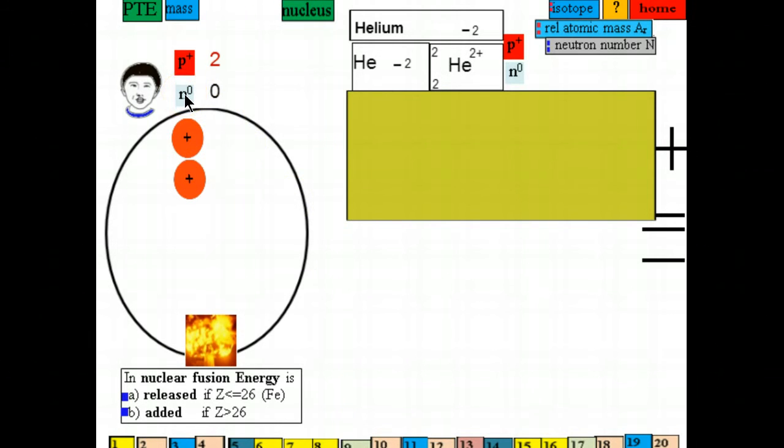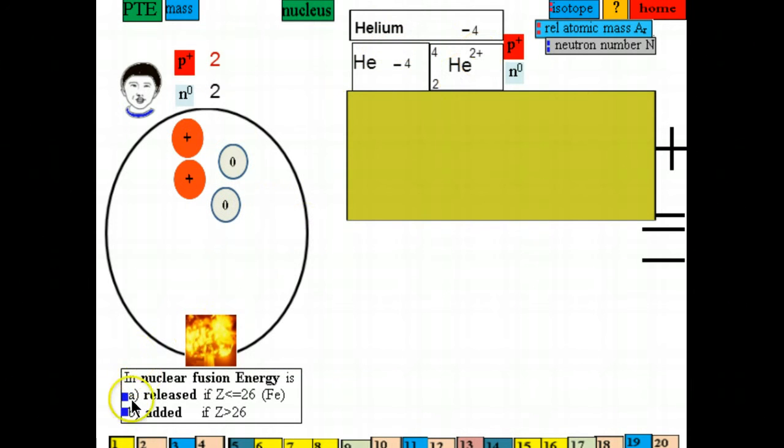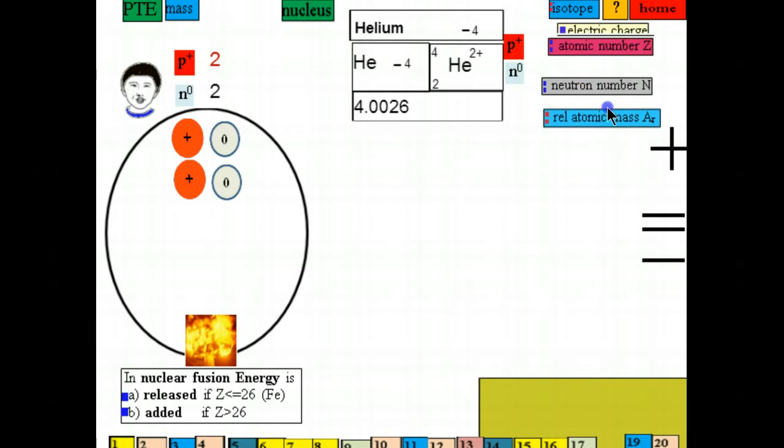But the moment we have more than one proton in the nucleus, we have to add a neutron. And there are different kinds of helium atoms. Some helium atoms have only one neutron, others have two neutrons, and we call that helium-4. We call the number of